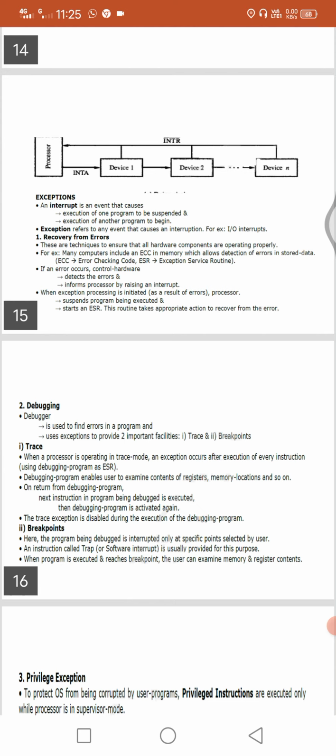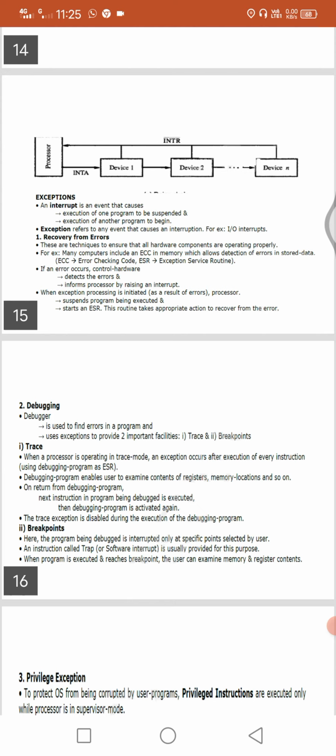The processor suspends the program being executed and starts the ESR, that is, the exception service routine. In order to handle the errors, it starts the ESR. This routine takes appropriate action to recover from the error.